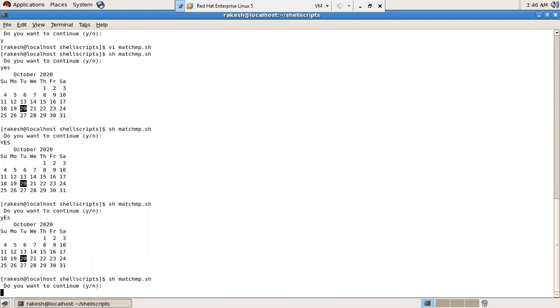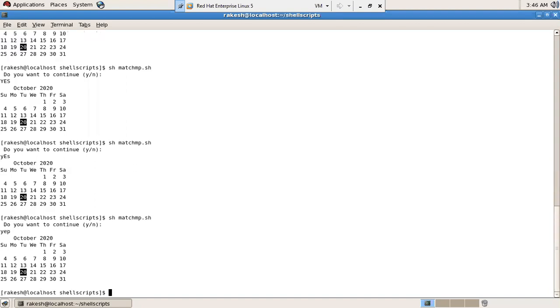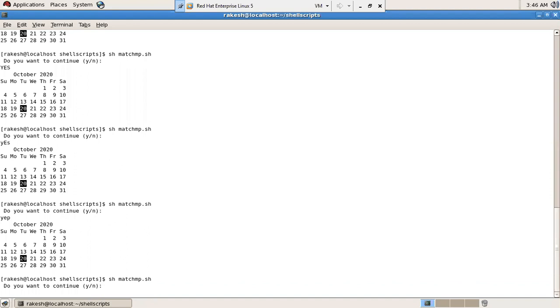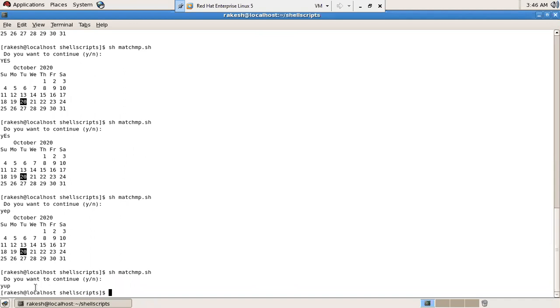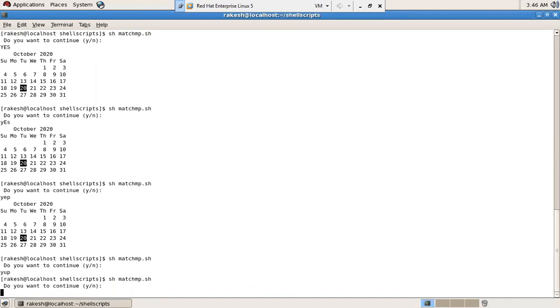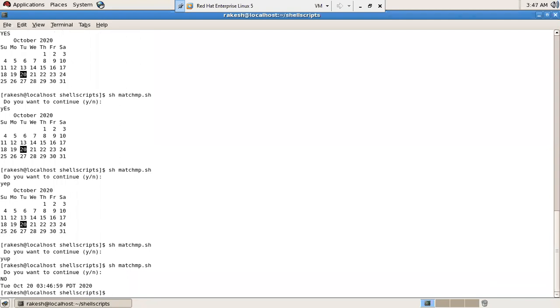If I enter small y, capital E, then it displays. Or if I enter yep, it displays too, because the first two characters match the pattern. But if I enter something like YUP, then it doesn't display, right? It simply comes out. Similarly, if I enter no, it displays the date command, right?